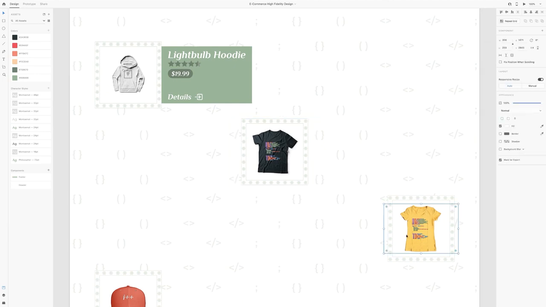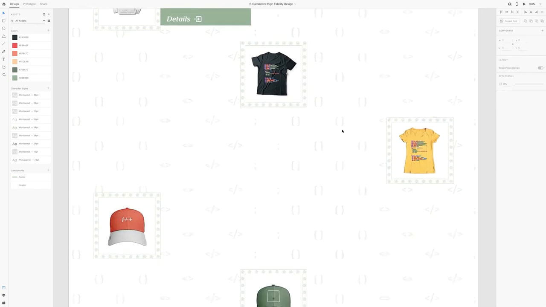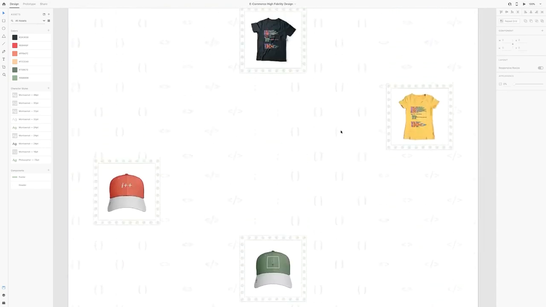So when we click over here onto these, it is going to close this one and then open the slide with details for this one. You see here we have this background of just some coding elements that we'll be adding to it